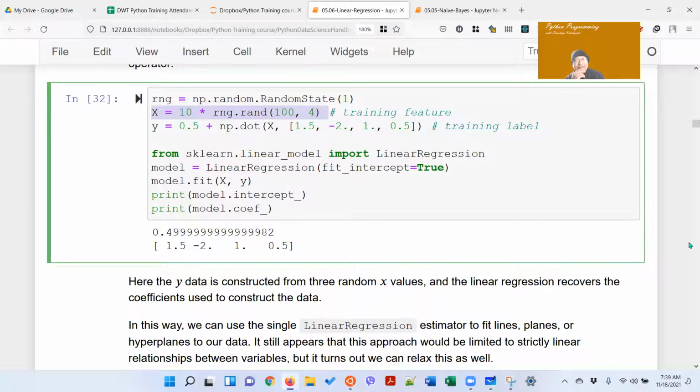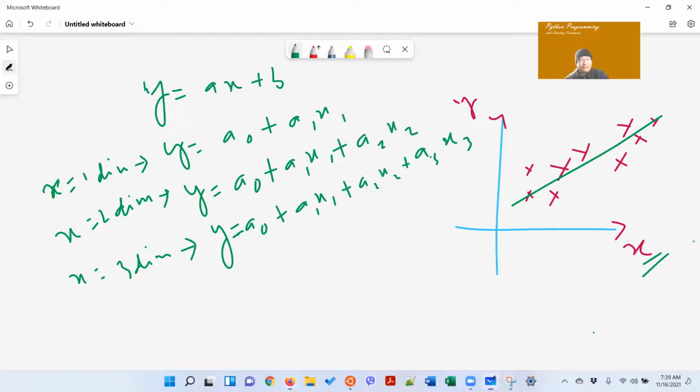कतिवटा rows, कतिवटा columns हेर्नुस् न x को. 4 columns, 100 rows, 4 columns भनेपछि x कति dimension को भयो? अनि x को हरेक point कति dimension को? 4 dimensions, of course. x को हरेक point चाहिँ 4 dimension को छ भनेपछि हाम्रो के भयो भन्दाखेरि अब यो x equal to 4